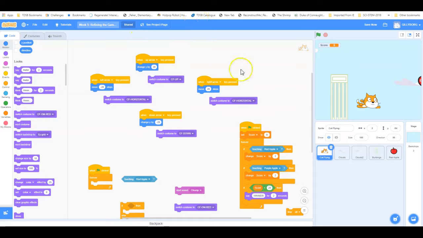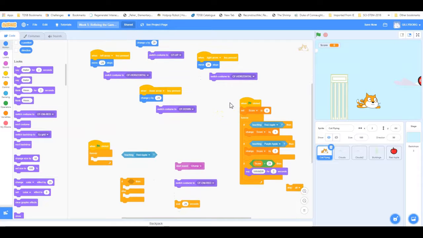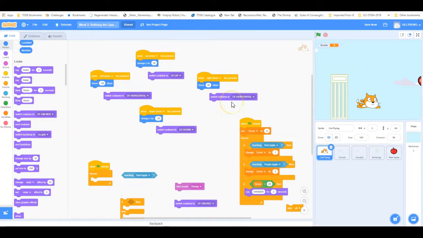And this week we are going to be focusing on refining some of the features of the game we've already developed. Most of the functionality that we've already put in place in the last 4 weeks will remain the same, and we're gonna refine a bit this week. So let's start with creating a bit more of an effect when our cat is moving up, down, and left and right. You'll notice right now when I move the cat,